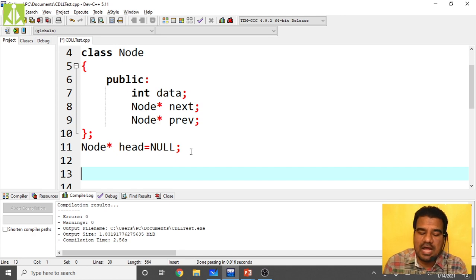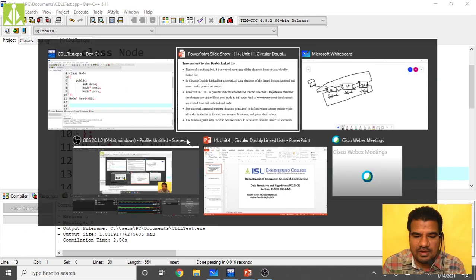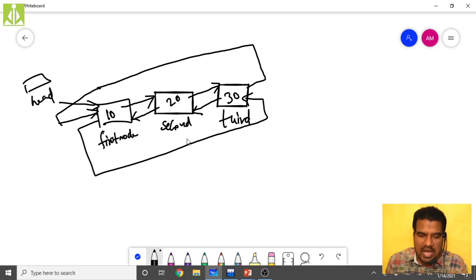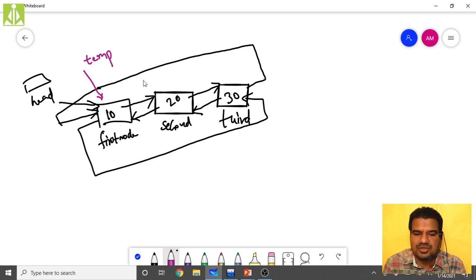I have to start from the head node, so my temporary pointer has to point here. First it has to read and print this value. Then it has to jump from here to here and print this value. From here to here it has to print this value. Like this, when it is here, and after this what is its scope.